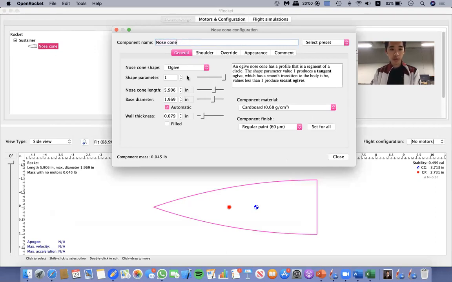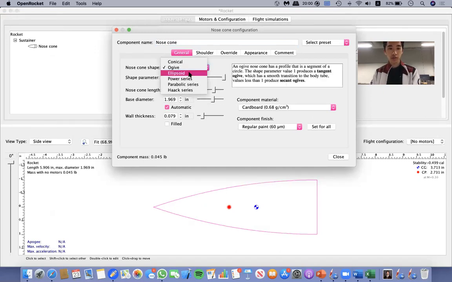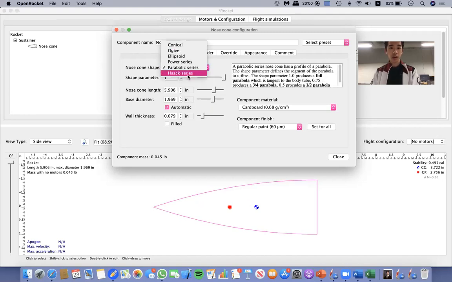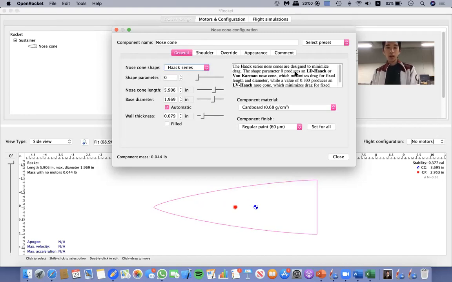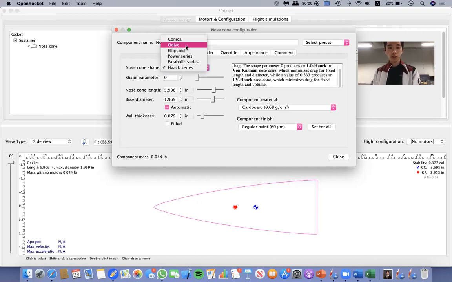You can edit its name and give it its shape parameter. A conical would be a triangle with straight sides if you were to look at it from the side. And you have other geometries such as an ogive, ellipsoid, power series, parabolic series, and a haack series. All of the descriptions are beside it in this little box where you can read more about each one. Part of the components for the G64 kit includes an ogive nose cone,